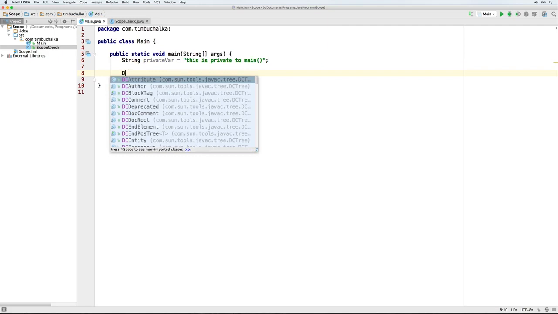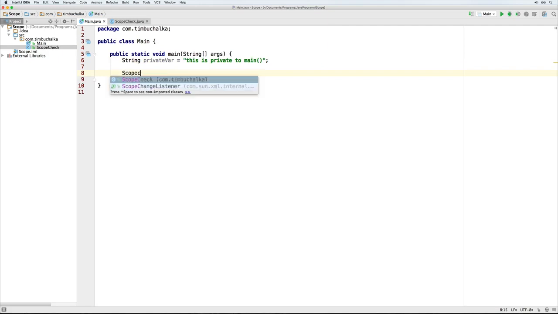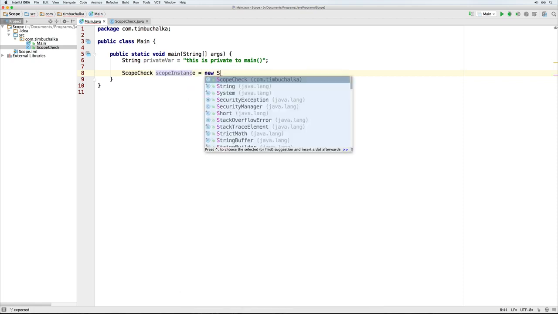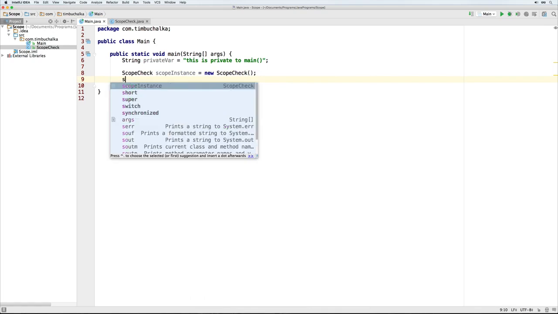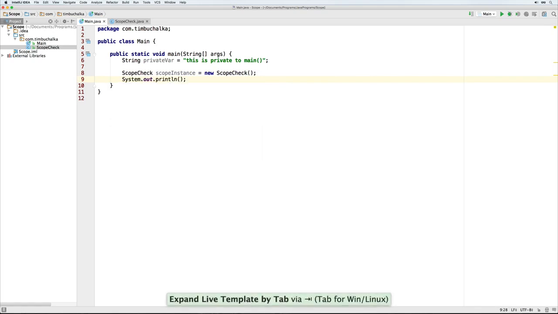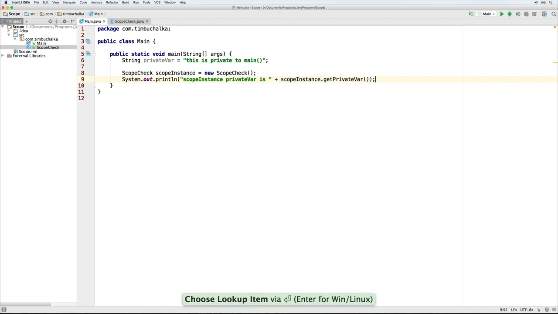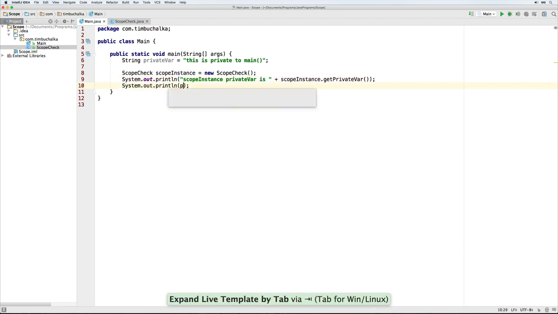Then we'll create an instance of ScopeCheck. So ScopeCheck scopeInstance, it doesn't really matter what we call it, equals new ScopeCheck. Then we'll do some output. The first one we'll put is scopeInstance privateVar is scopeInstance dot getPrivateVar, using the getter, and then we also want to print out our value